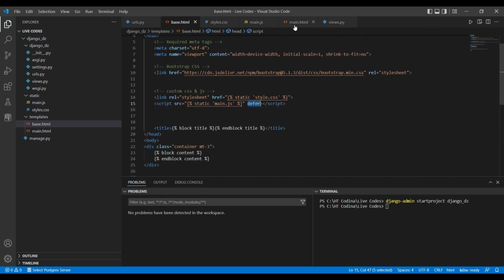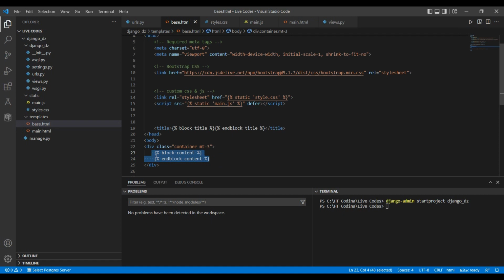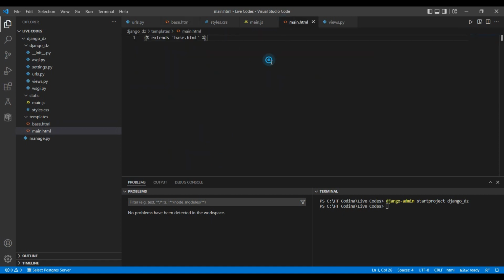Now we can go inside our main.html and extend from our base.html file. So extends base.html. Now we can copy these, paste it here. Whatever we're going to have inside our main.html, it must be inside this block content. Let's just type hello,